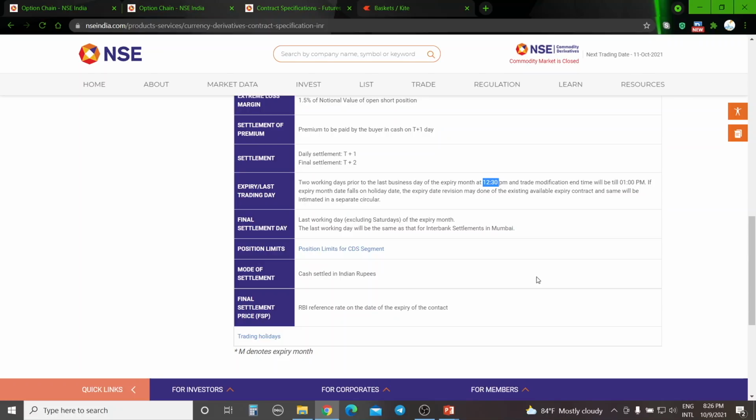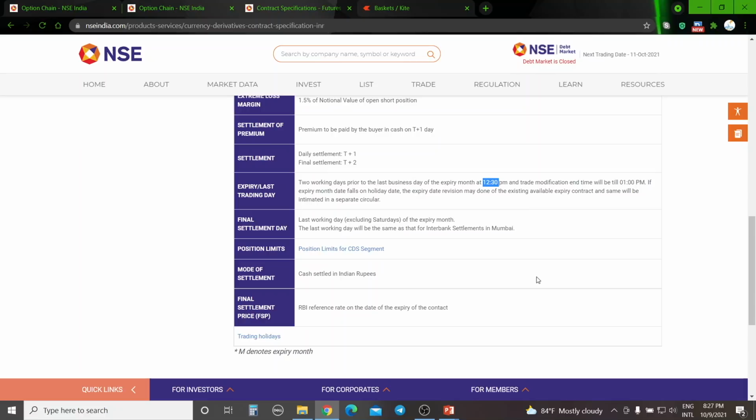Do not allow the options to expire. Because if the option goes for a settlement, you have 4.5 hours left. Means the USD INR pair can move, the RBA reference rate can be different. So your option may become in the money and you might lose money also. If you are selling options, you might lose money also.